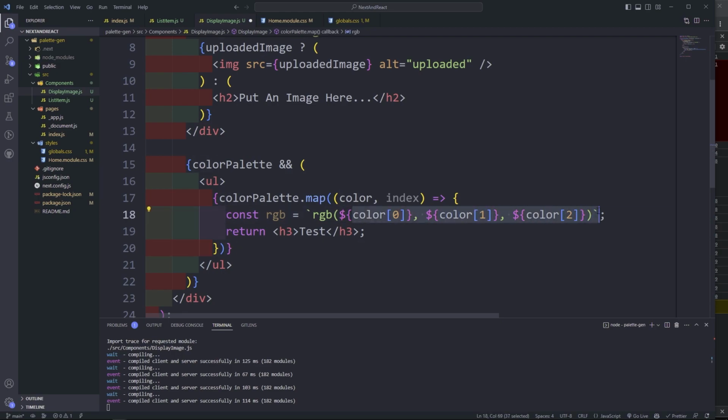I'm gonna get rid of everything in here, except for the RGB. So like this. Okay, I'm going to do color,